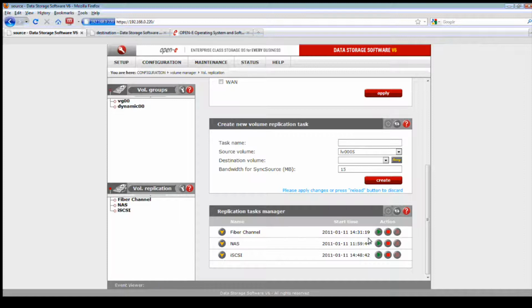And my fiber channel, I'm not going to do very much on. Well, I'll set that to maybe 15. And of course my NAS is light, and I'll do 15 as well. So you want to be able to calculate how many volumes you are replicating. If you're doing, let's say you have a 10 megabit WAN pipe, and you have let's say 3 tasks here. Maybe 1 or 2 don't really need much bandwidth. So I'll set that for 2 and give the rest for my iSCSI.